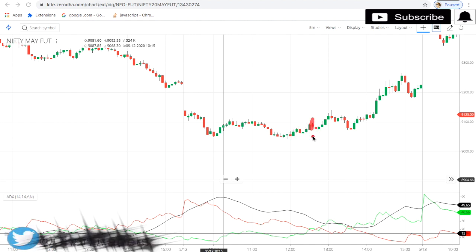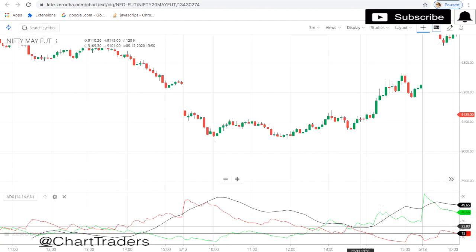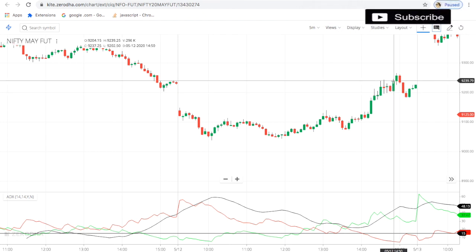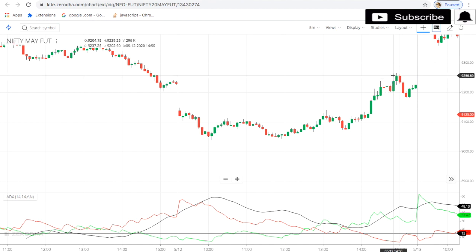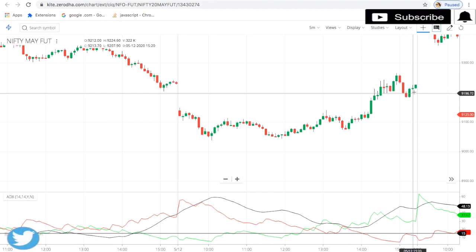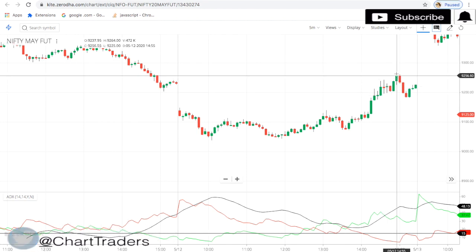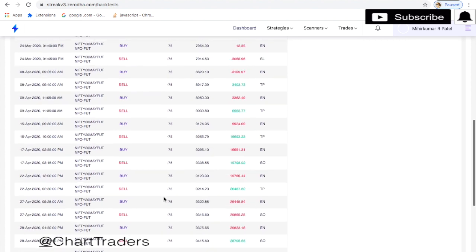You can also see the different trades. On 15 May, 245. At this point the engulfing pattern formed, and after that we have a 10 to 20 point move, and then it came down and hit the MIS exit. So once the engulfing forms, on the next candle you can exit. You can do scalping also in this strategy, so you can play for a small profit.